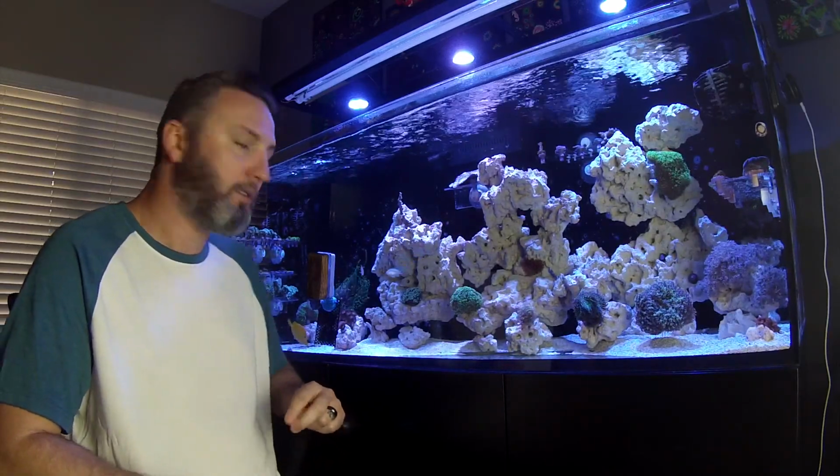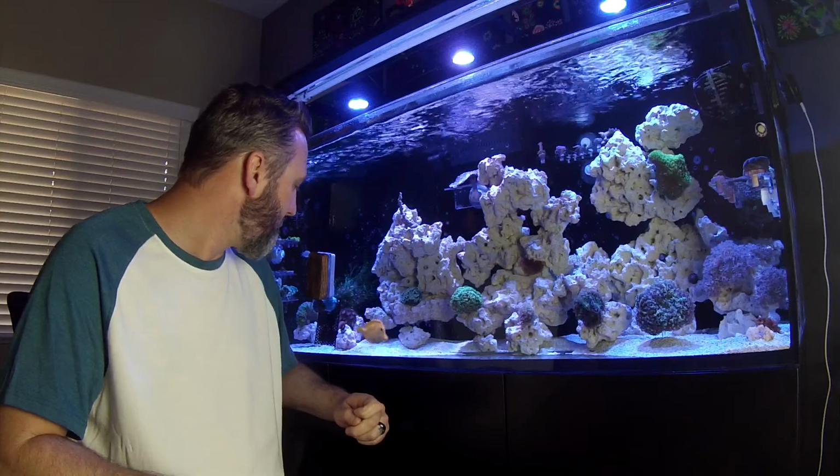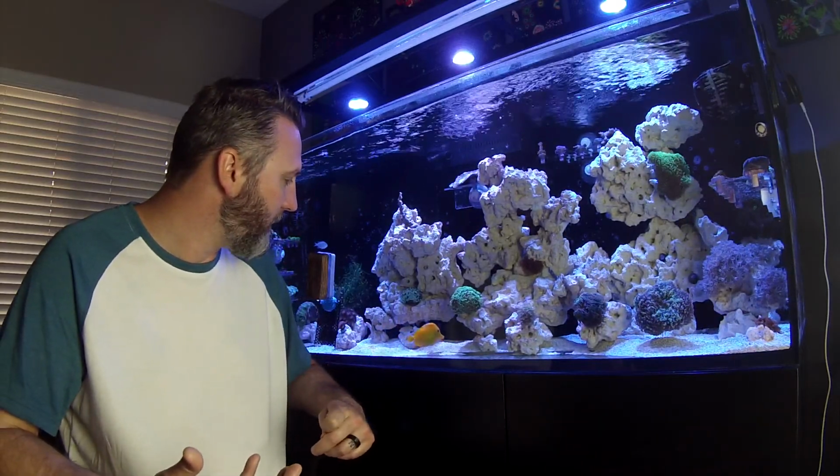Lastly, the yellow tang is healthy. It is acting healthy. It's eating, it's swimming happily, it's out in the open, it's not hiding or being stressed out by the old fish I had. But it's still showing some white, and most people will say it's HLLE,